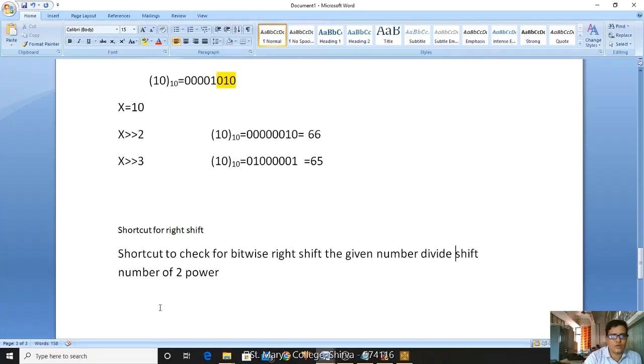For example, if I take 10 divided by 2 power 2 means 4. So then what is the quotient value of this? 4 2s are 8. Remainder we don't take. Suppose I make it 10 divided by 2 power 3, then 8.